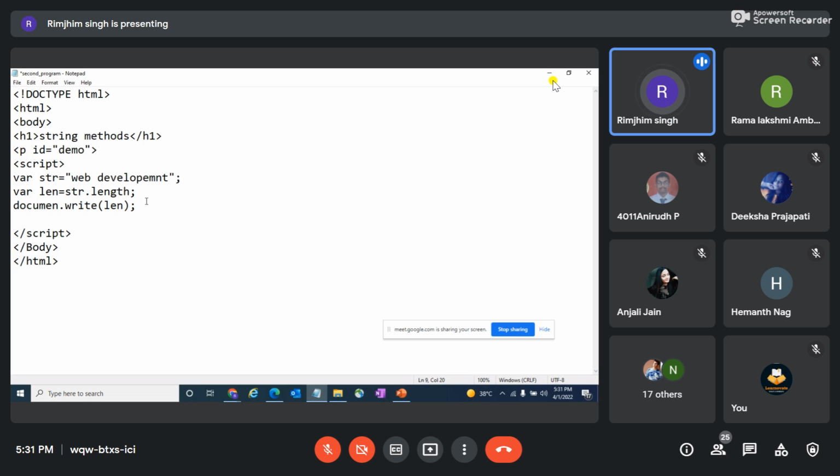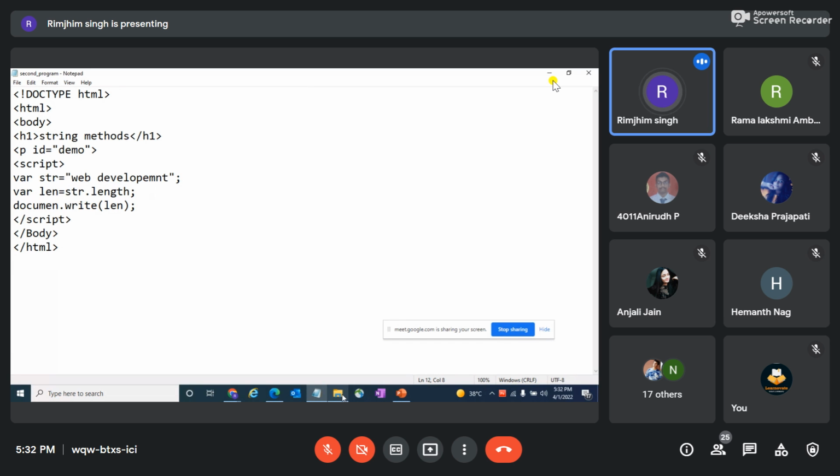And how it is happening, class, here if I'm writing length, it would print the output as this, because to the second variable which I have written, I'm trying to print the length of this one, which is str. Okay. And then slash script slash body and then slash html as always.